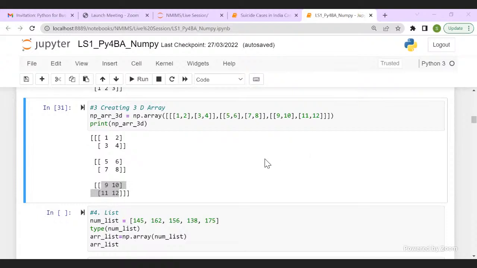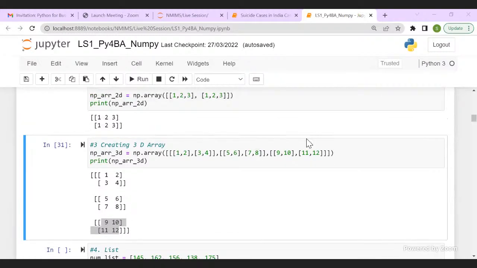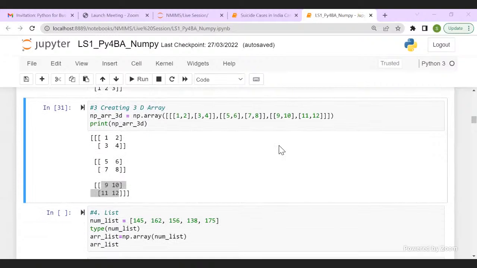That is one thing. Then I'll be comparing your array and list in the end to show you why array is better and efficient when you're dealing with 1 million data points. Usually your real-time data sets are 1 million, 2 million, 10 million data points. So why your list and tuples cannot handle it, why your Excel cannot handle it, whereas you need your Numpy and Pandas to handle it. Okay, so we have discussed in the beginning, but if you still have questions, you can go through the slides or you can ask me here.